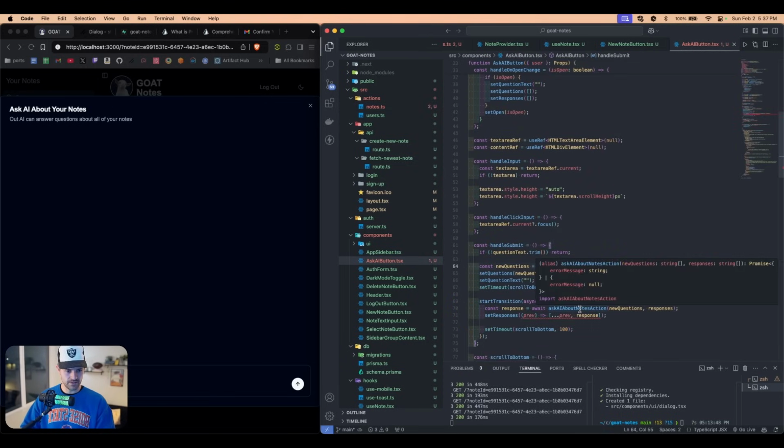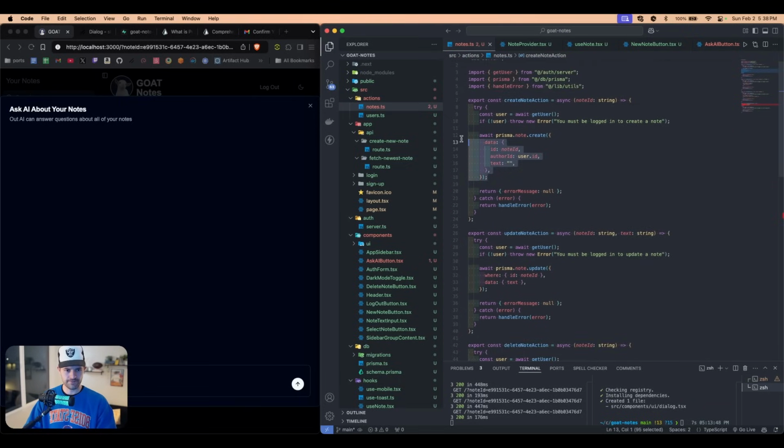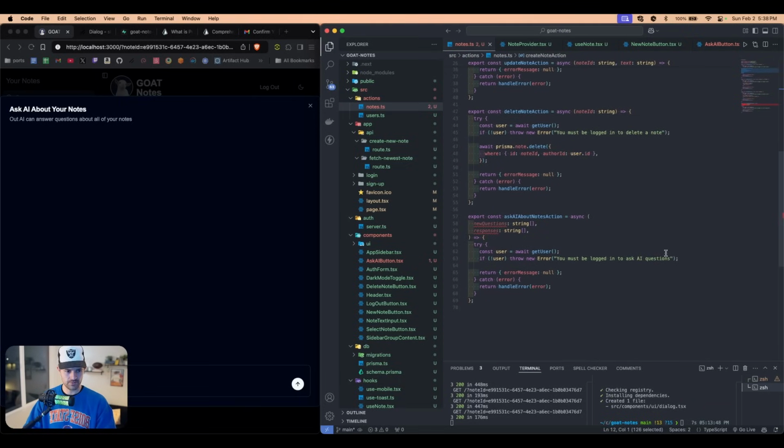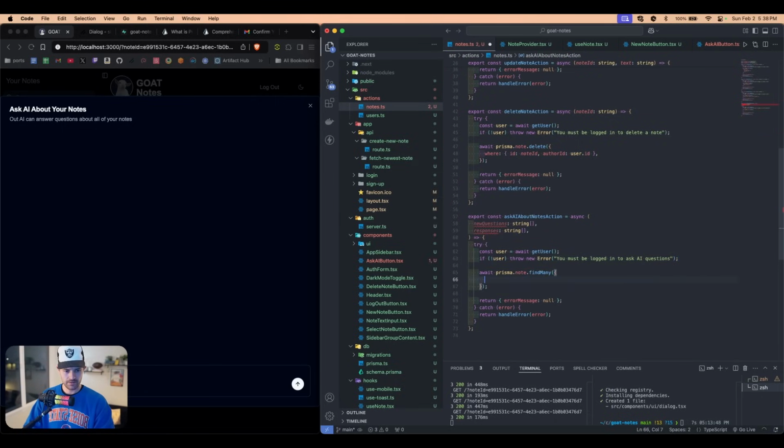The reason we have this error is because we need to make this function so it always returns a string, and it is not currently set up like that. So the first thing we're going to want to do in here is fetch some notes from Prisma. So we're going to fetch all of our notes. So we're going to say notes and we're going to say findMany. And then we're going to say where authorId is userId. We're also going to order them by createdAt in descending order. And then we only